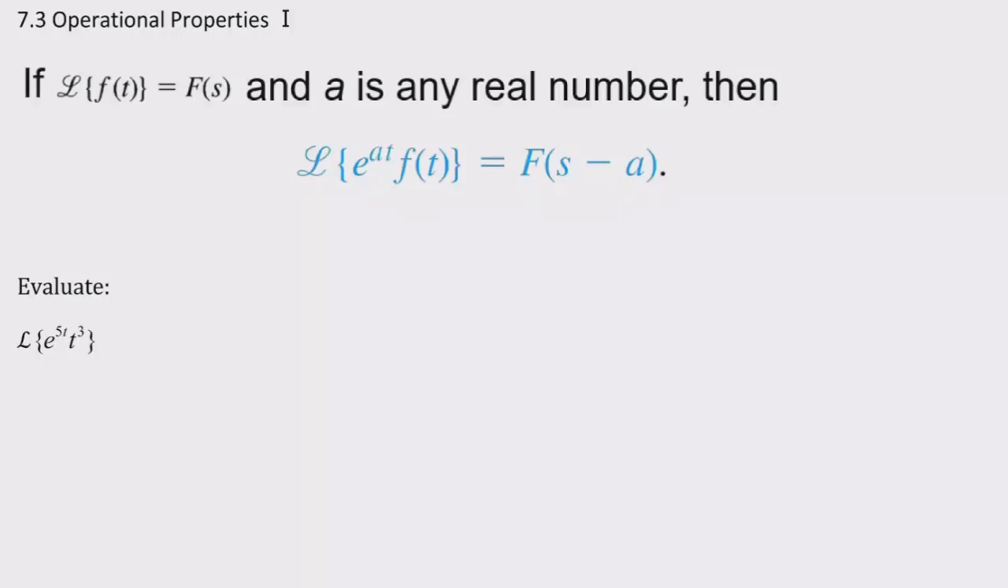If we're defining the Laplace transform of lowercase f of t equal to capital F of s, then if we take that same function times e to the at, it's merely a transformation of capital F, s minus a. So how does that work in, say, an example? Well, just a quick reminder